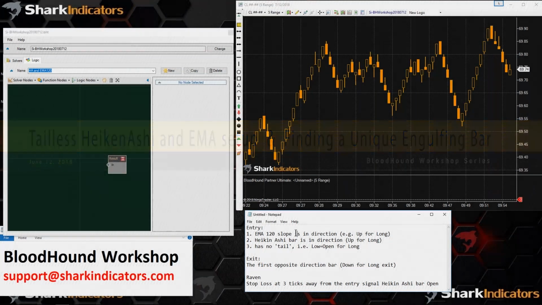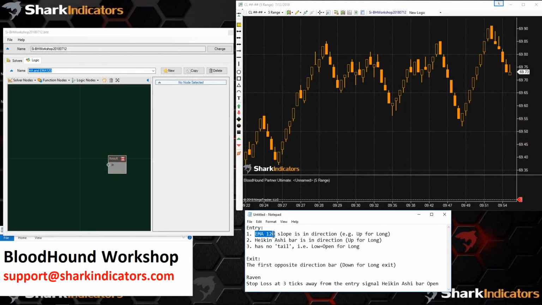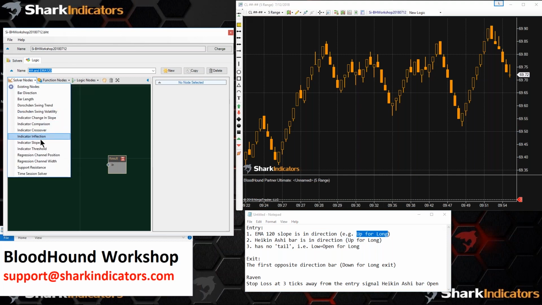So let's see. Let's take the first rule here. It's pretty simple. We're just looking at the EMA slope, or the slope of the EMA. We just want the direction of the slope in the direction of the trade, right? So simply up for longs, sloping down for shorts. That's pretty straightforward. Grab an indicator slope solver,